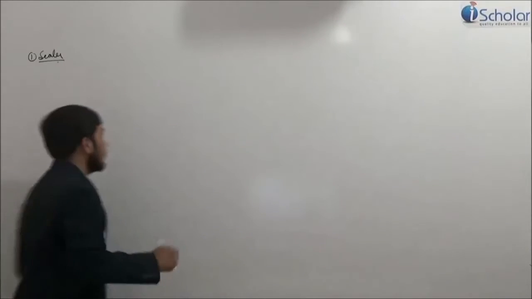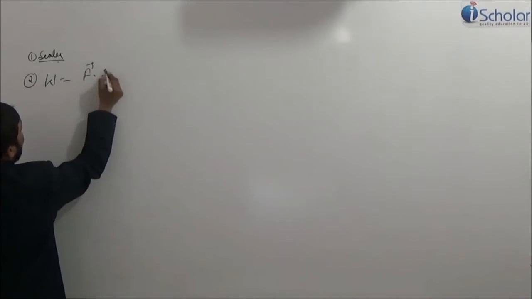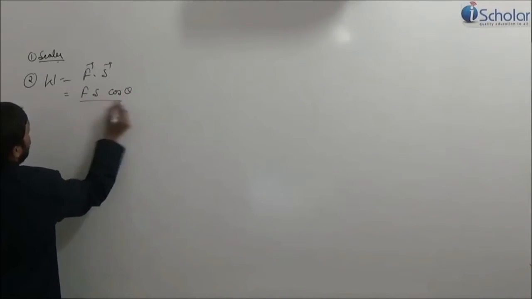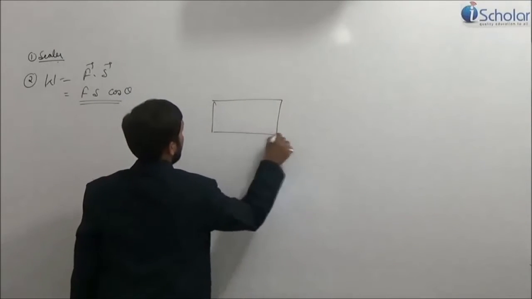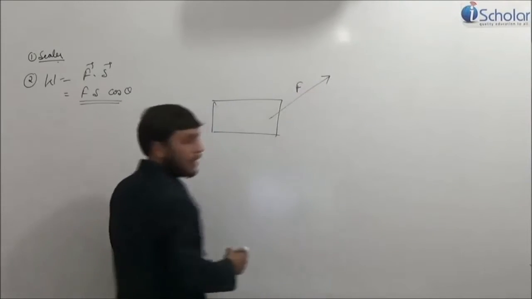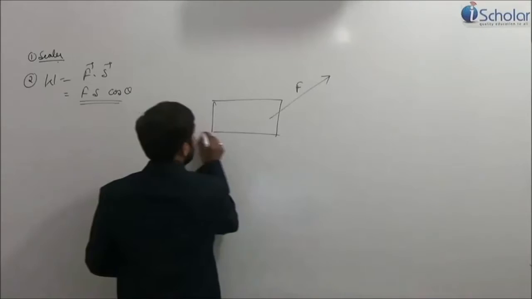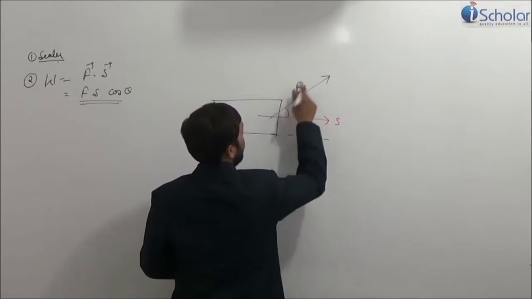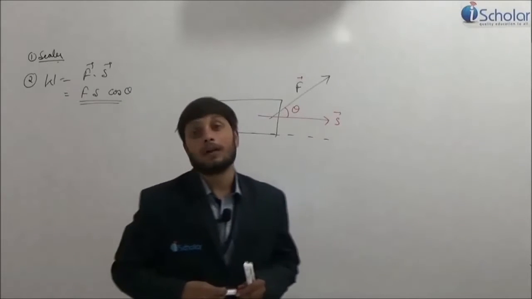What is work? Work, denoted by W, is the dot product of the force and displacement vectors, which you can elaborate as Fs cos theta. In order to make you comfortable with this, suppose this is a block which you are pulling like this. Force is applied in this direction. You know very well that the block may or may not be lifted, but suppose in general the block moves like this, then this is the angle theta, this is the S. The dot product of these two vectors will give you the work done.